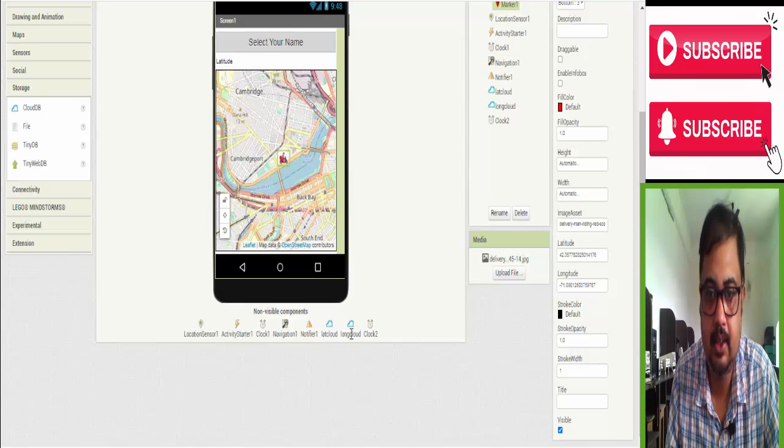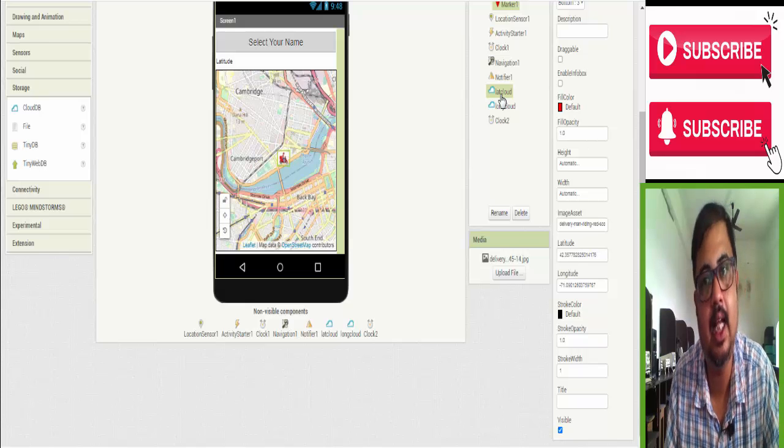Again we take a second CloudDB and name it long cloud. That means whatever the latitude value is, we store it here with a tag. Whatever the longitude value is, it will be stored with a tag, and when we need it, we access it. We pull that to see it.